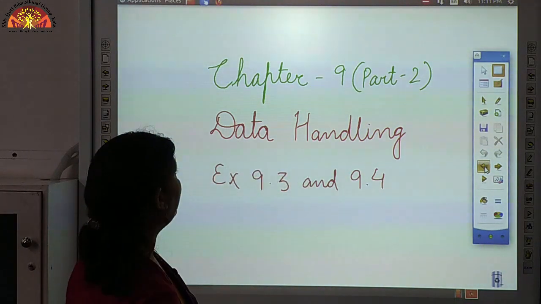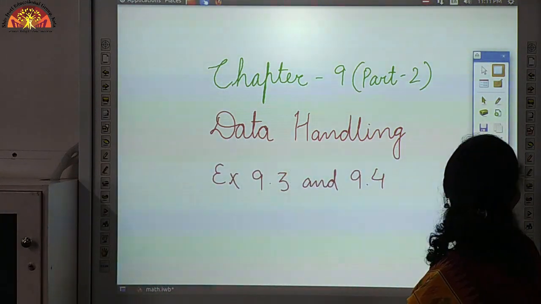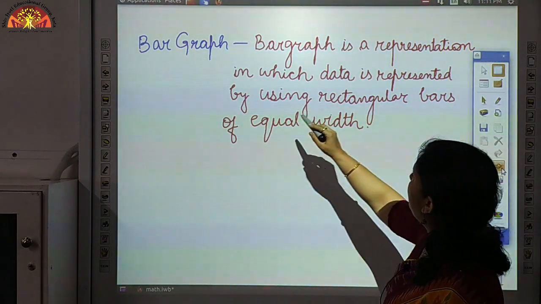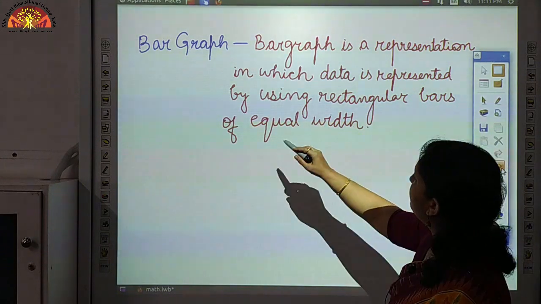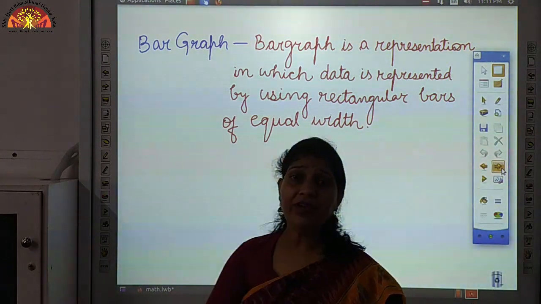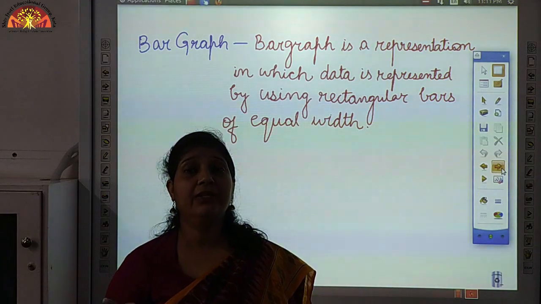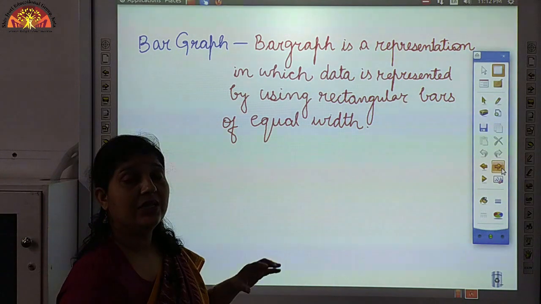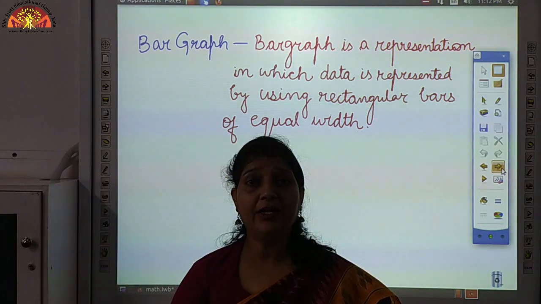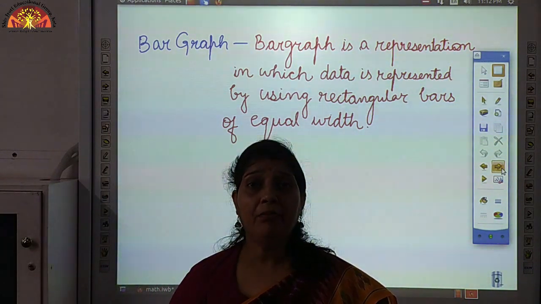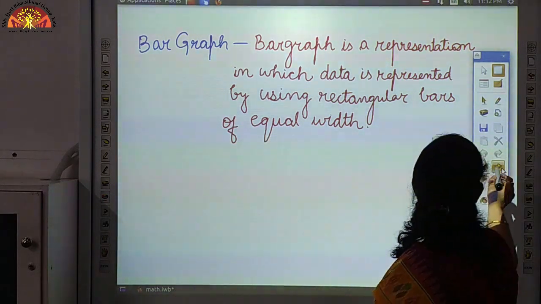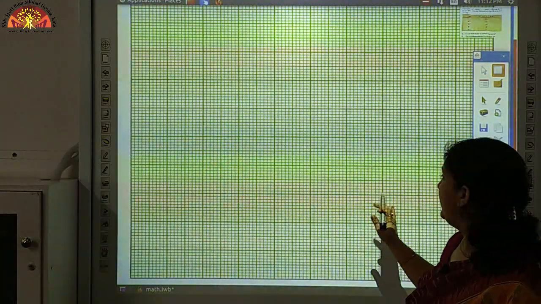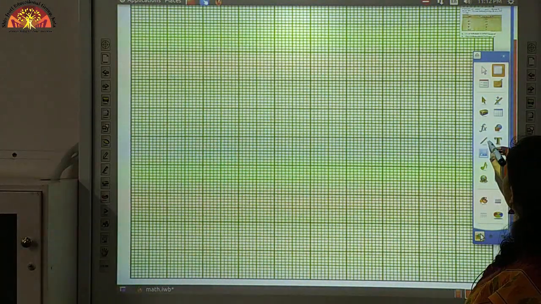Now students, a bar graph is a presentation in which data is presented by using rectangular bars of equal widths. Students, when we rearrange the data in a bar graph, how do we arrange the data? First you have to remember how we draw the bar graphs. In a bar graph, we have this type of graph. And in this, how do we draw the lines,